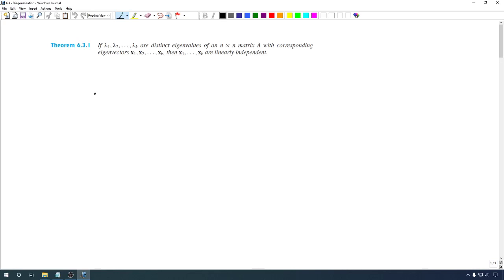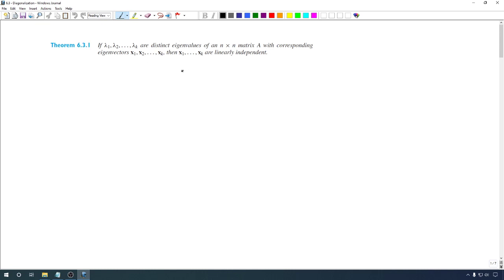Well, this is it. This is the last section that we're going to be covering in this book for this course. But before we get started with the main point of this section, first the book presents a theorem that I think would have been better put in section 6.1. Mainly theorem 6.3.1: if we have different eigenvalues of an n by n matrix with corresponding eigenvectors, then those